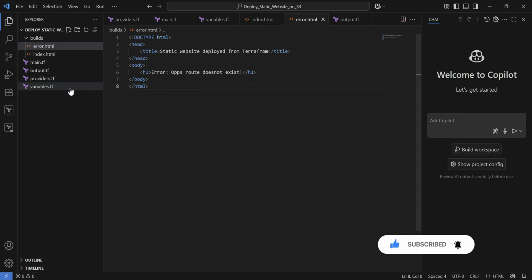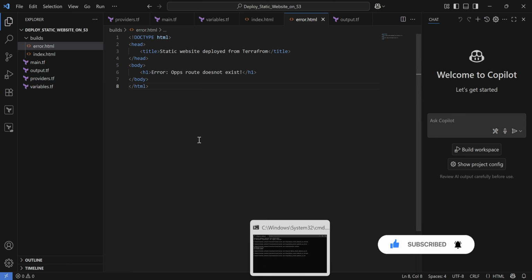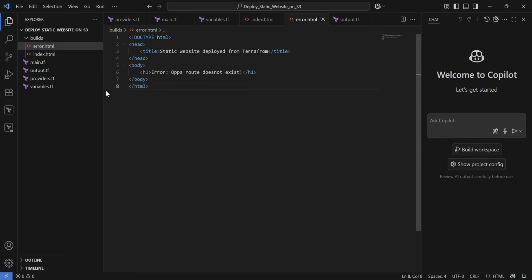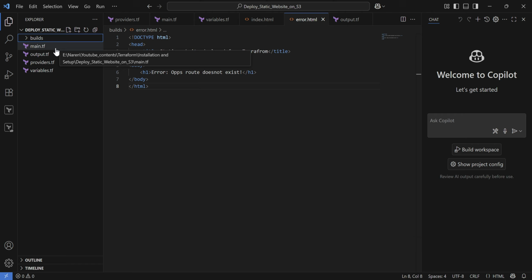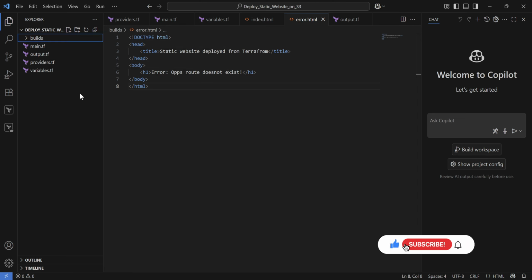Now let's take a look. Pretty much we have written our configuration file. When you are writing a configuration file, this is the common format. When you are using Terraform, we have a main.tf file. I just gave this file the name main.tf, but it's not compulsory, let's just follow the coding standard Terraform suggests.